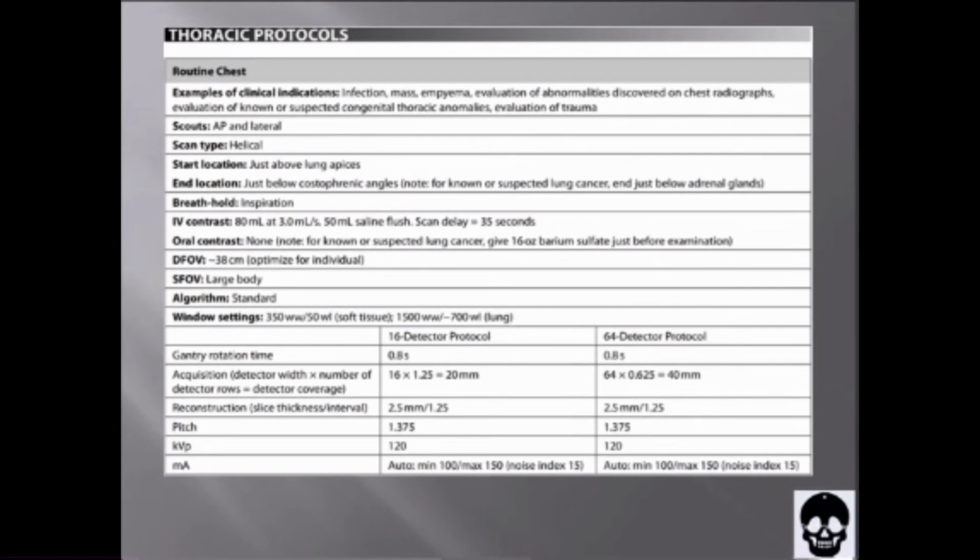Breath hold, inspiration. IV contrast, 80 milliliters at 3.0 milliliters per second. 50 milliliter saline flush. Scan delay, 35 seconds. Oral contrast, none. Note: for known or suspected lung cancer, give 16 ounces of barium sulfate just before examination. Display field of view 38 cm, optimized per individual. Scan field of view large body, algorithm standard, window settings: soft tissue, window width 350, window level 50; lung, window width 1500, window level